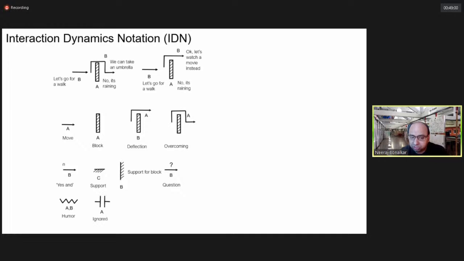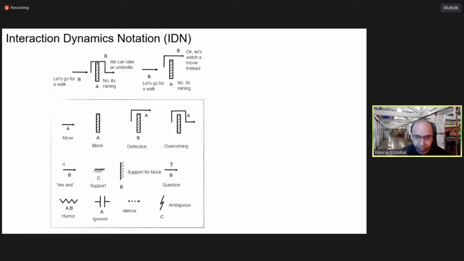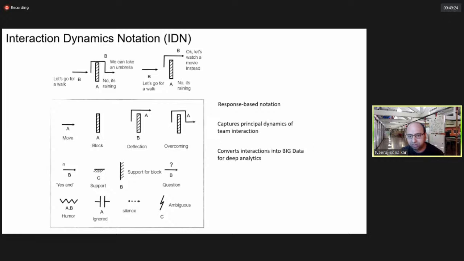Besides that, we have also seen certain behaviors like ignored, silence, and ambiguous in design teams and startup teams. So this forms the symbol set of the notation. And we look at the responses that people give in conversations to characterize whether something is a move or a block. Through doing this, we capture the principal dynamics of team interaction, and we convert conversations into big data. So when we work with companies, whether they are startups or design teams in big companies or small and medium businesses, we look at conversations and convert them using this notation into a symbolic sequence,